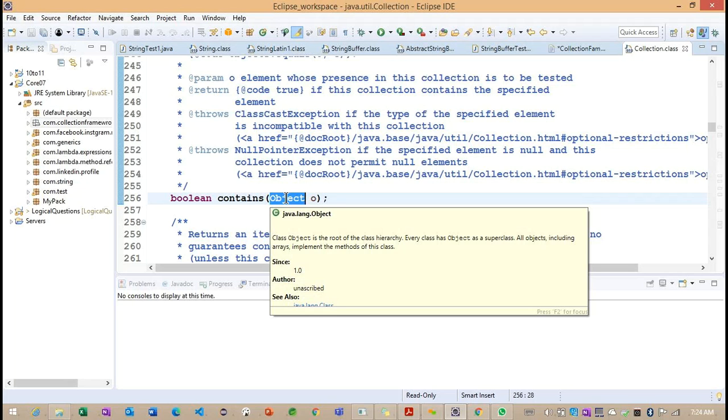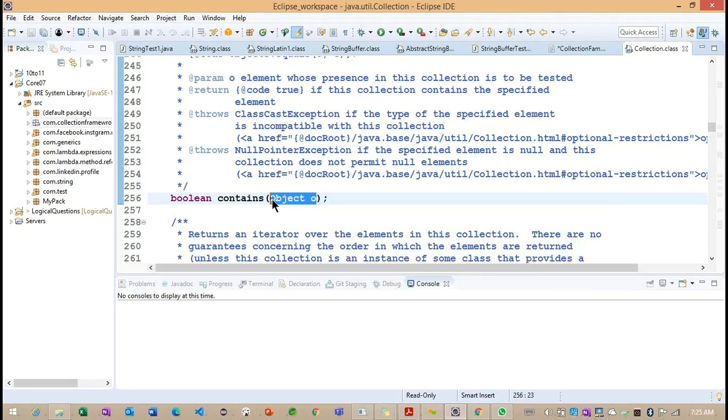Now this Object class, explicitly or implicitly, is extended by all the classes, whether you use a predefined class or any custom class. All the classes have this as their superclass. Because of this superclass, they provided Object as the parameter.